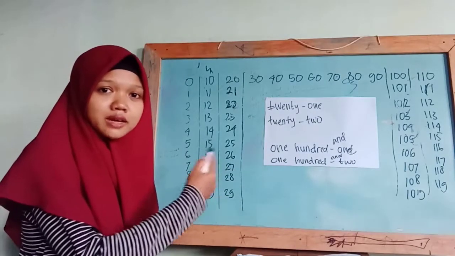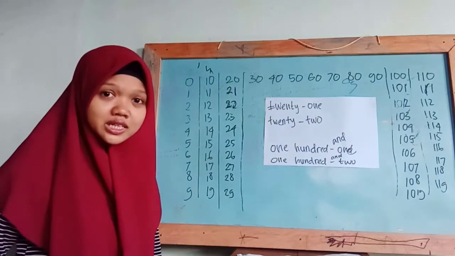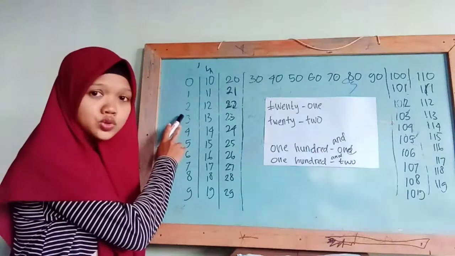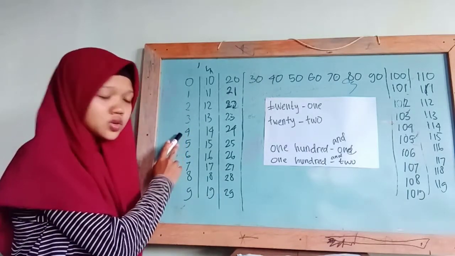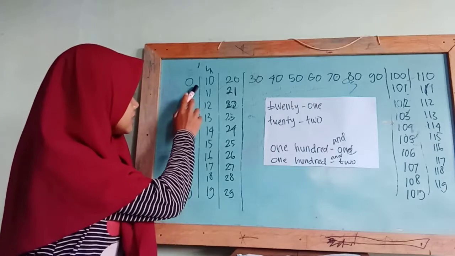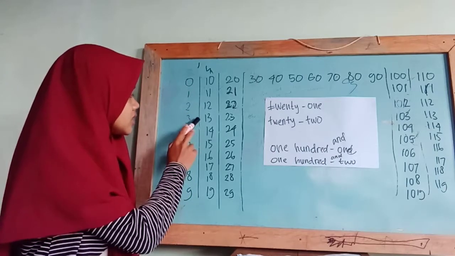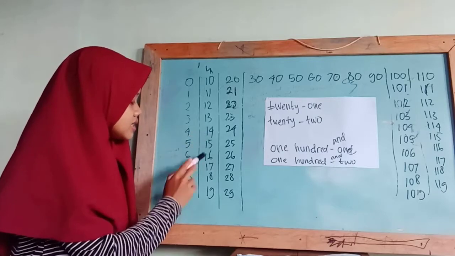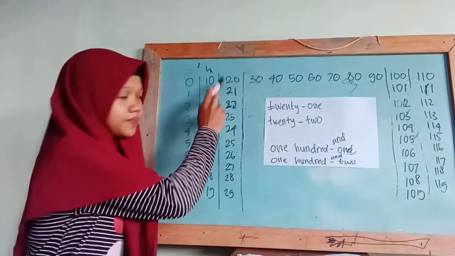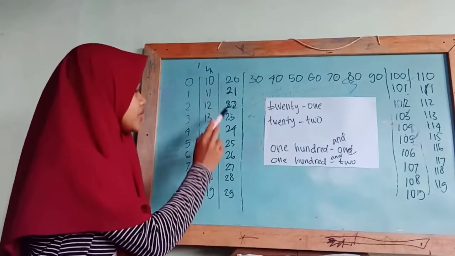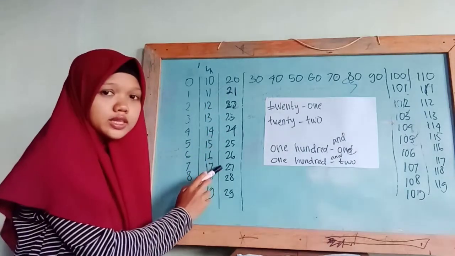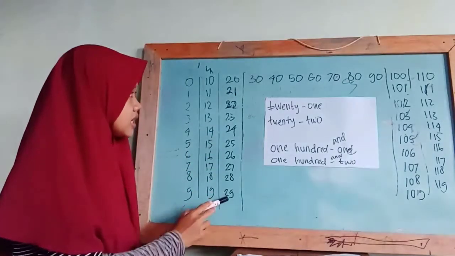I have written some numbers up here. So, please listen and watch. This is 0, 1, 2, 3, 4, 5, 6, 7, 8, 9, 10, 11, 12, 13, 14, 15, 16, 17, 18, 19, 20, 21, 22, 23, 24, 25, 26, 27, 28, 29, 30,